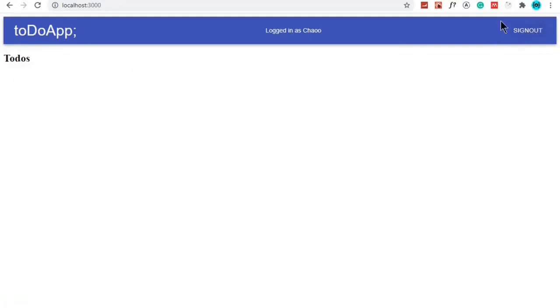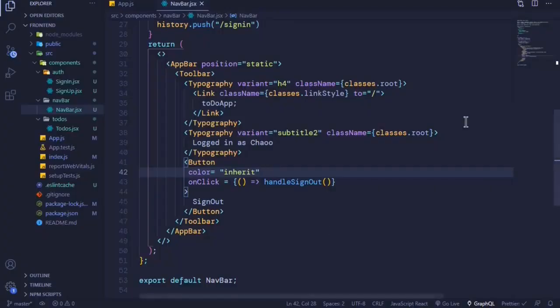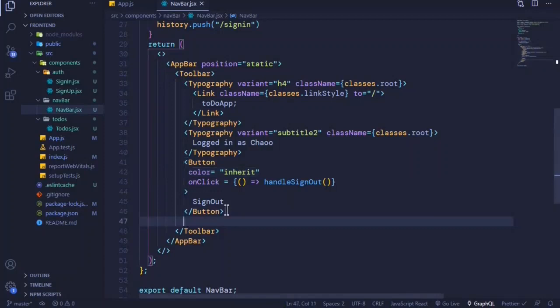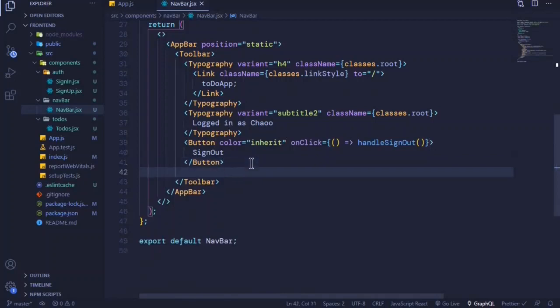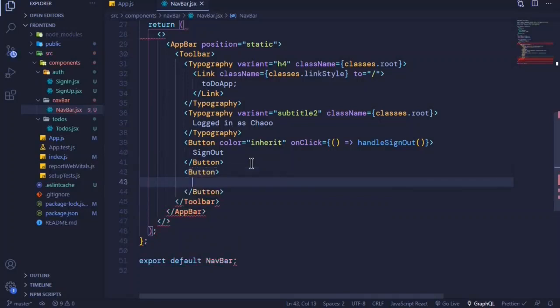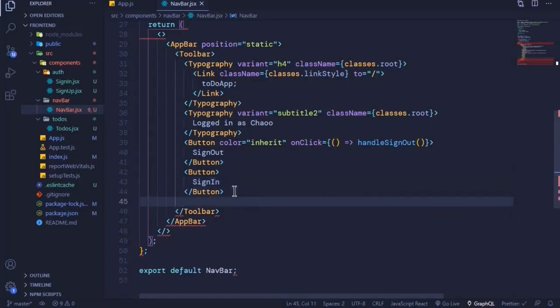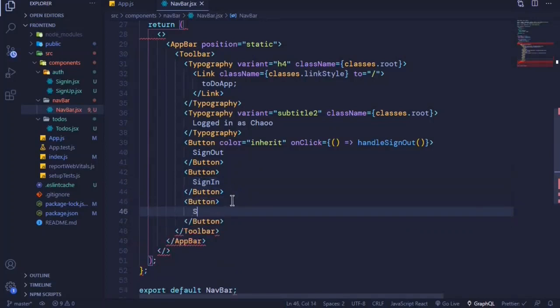Now we need the other buttons, so let's create them just at the bottom. So we'll have another button. I'll save this one to auto format, and we will have another button. This will be for sign in, and then we'll have another one, and this will be for sign up. Now let's add the different props. We'll have color of inherit,